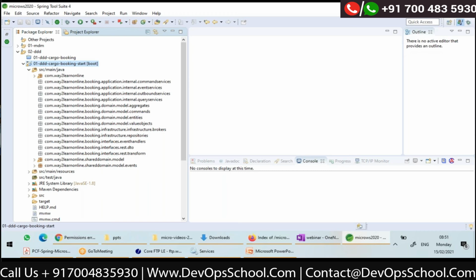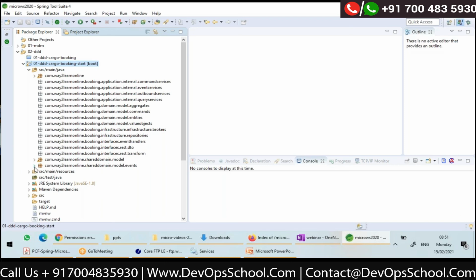So I might have some classes related to the events which I publish. Don't you think that event classes are shared objects? The same class is required when publishing, and the same class is required while subscribing or receiving. So normally in our bounded context implementation, there might be some shared domain classes.